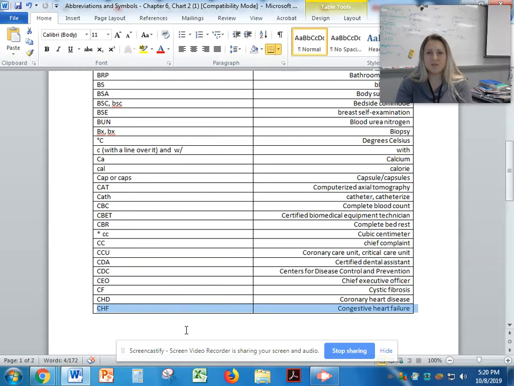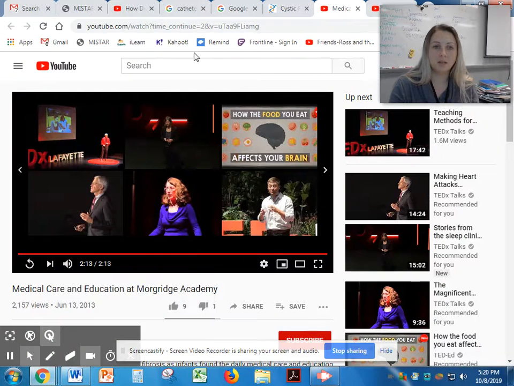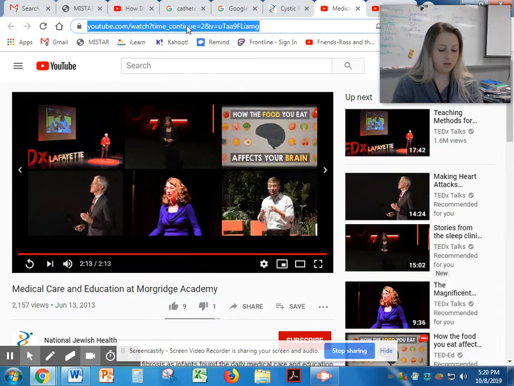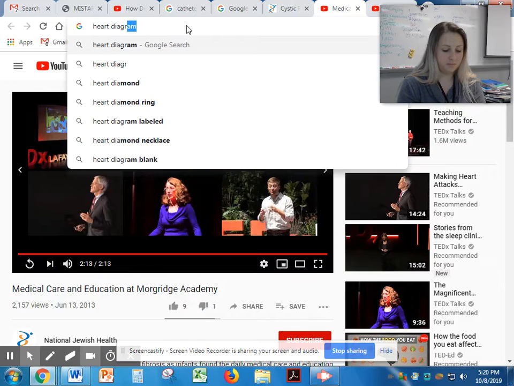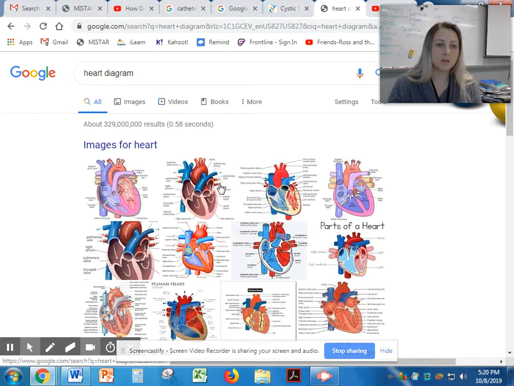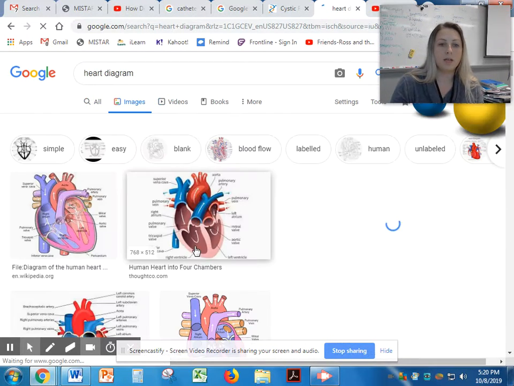CHF, this is fairly common, congestive heart failure. So with congestive heart failure, this is where your heart begins to fail, okay? Either it's the left side or the right side of your heart, okay? All right,